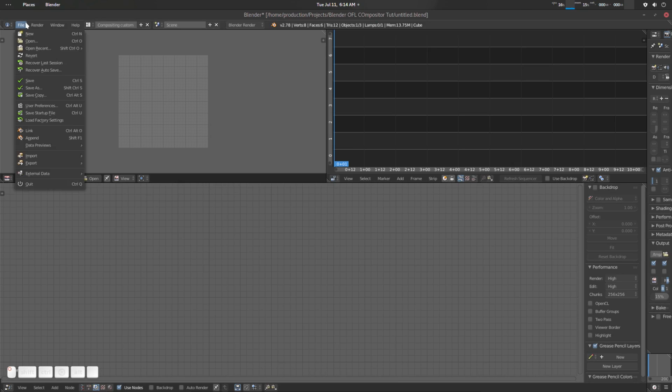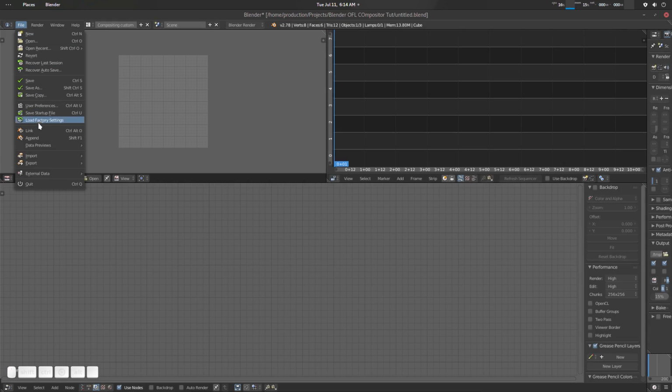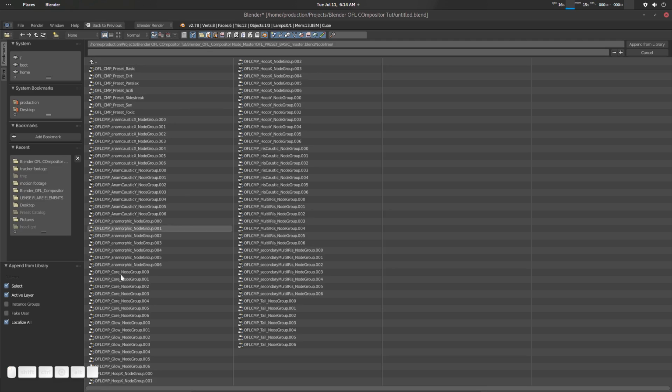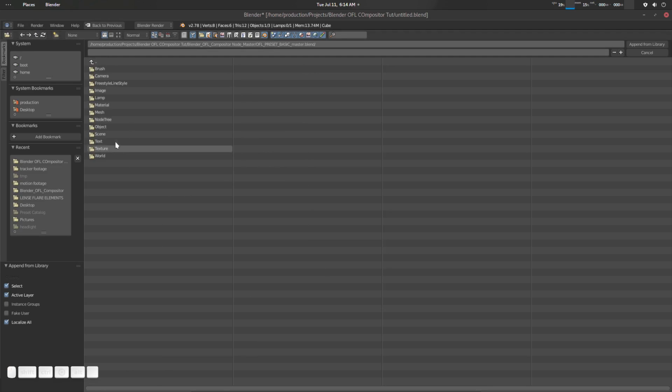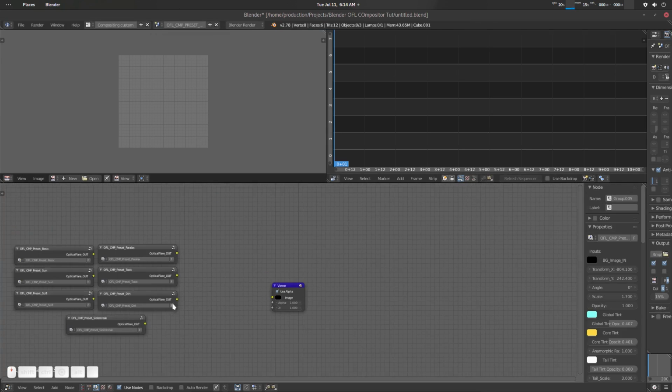So first of all, let's import our optical flares. I'm going to File, Append. I'm going to our master, going to Scene. Usually people use Node Tree for Compositor. I'm not going to use that. I'm going to use Scene. There is some particular problem. Yeah. So here is our